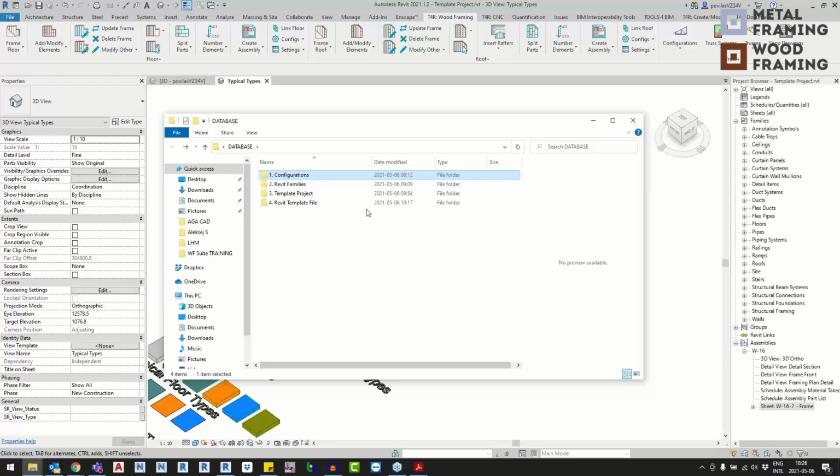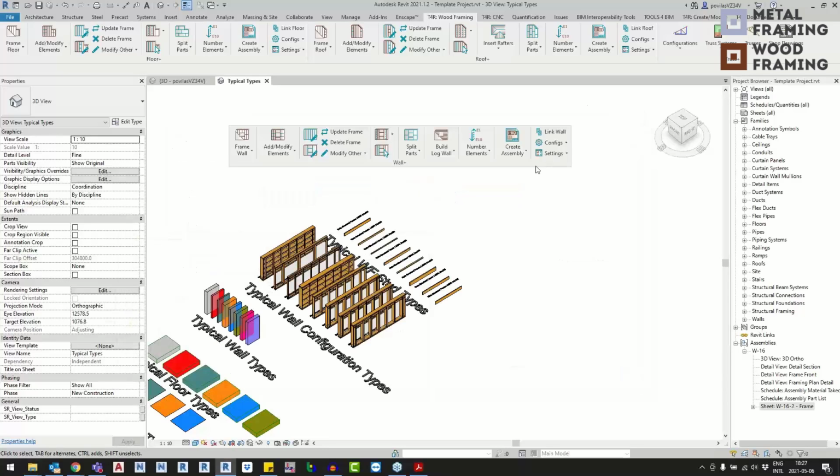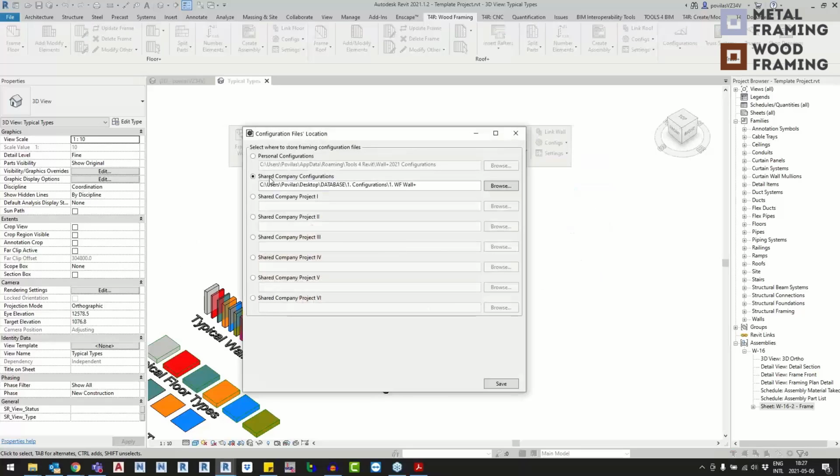Okay, so now if I place an entire database folder somewhere like on my local access network, your internal company server, well, you can do that. You can also place it on Microsoft SharePoint, some sort of cloud server. You can do that as well. So